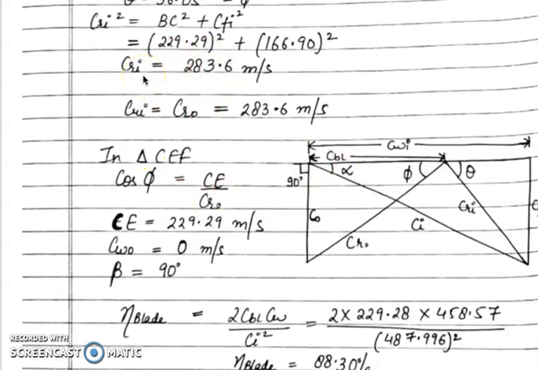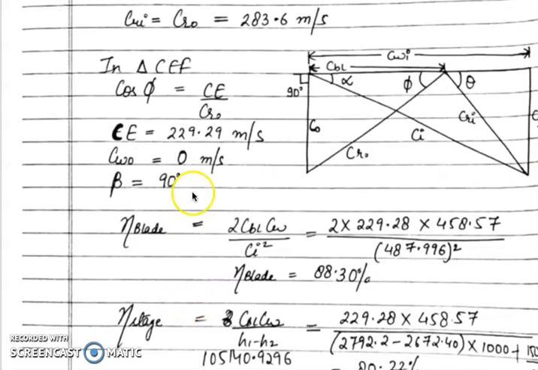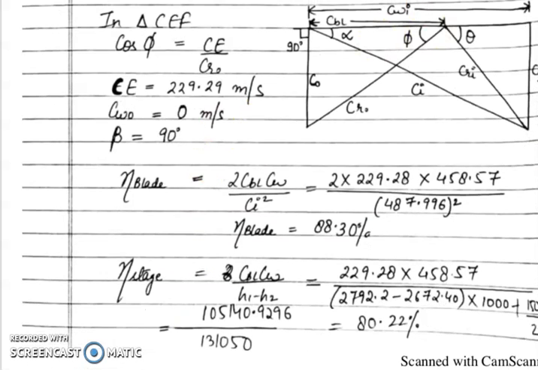If we use the construction method, then also we can determine the same. When we construct the triangle using the scale and the dimensions, we will obtain this beta as 90 degrees only. So this is about the triangle.